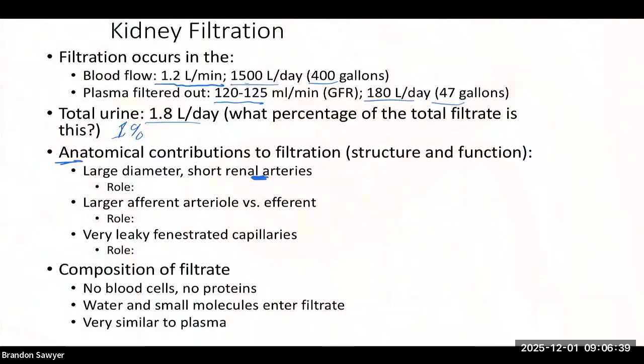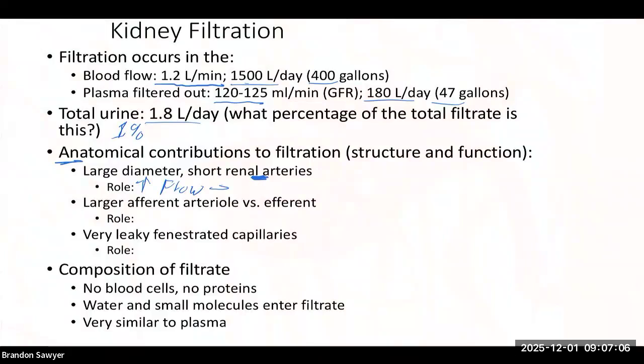Okay, but pretty big and pretty short too, right? They come right off the aorta. So we got tons of blood pressure in the aorta, right? And then this pretty sizable artery coming right off, and it's short, right? One of the main contributors to resistance of blood flow is the length of a blood vessel, right? And so we got short, large diameter renal arteries, which is going to increase flow,